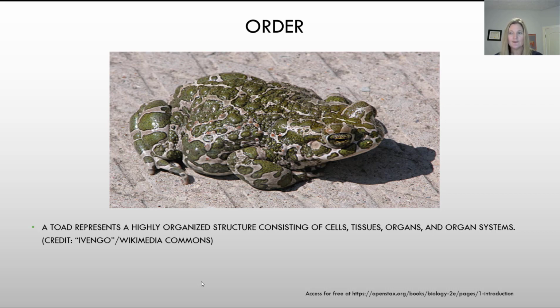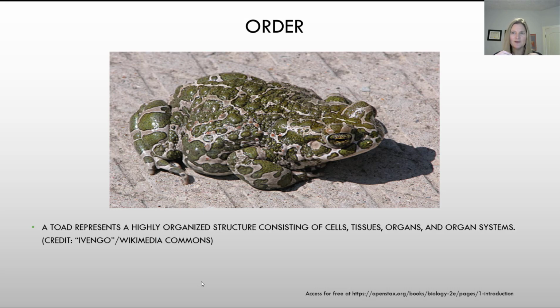We see a way that this organism, our toad, is able to take in gas, in this case oxygen, through its lungs, and then that oxygen can be transferred to the cells that need it via the circulatory system through the blood. So there's an organized structure to this organism, and it consists of different